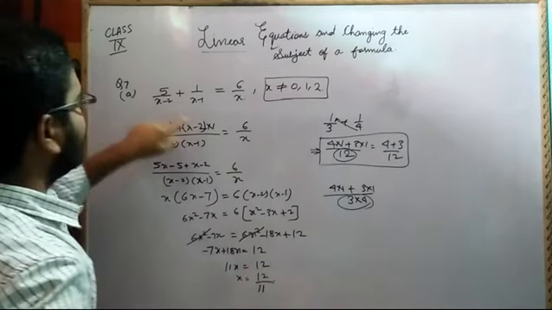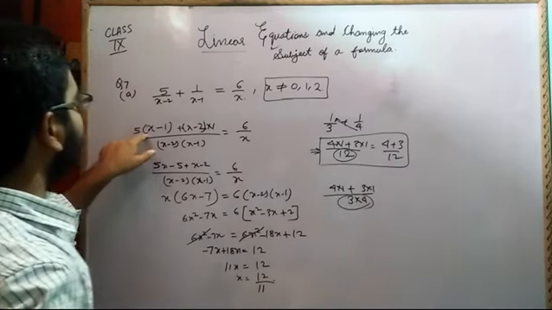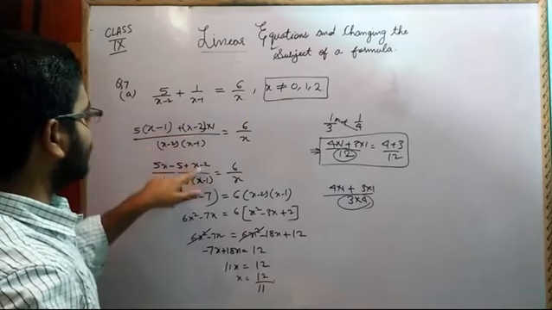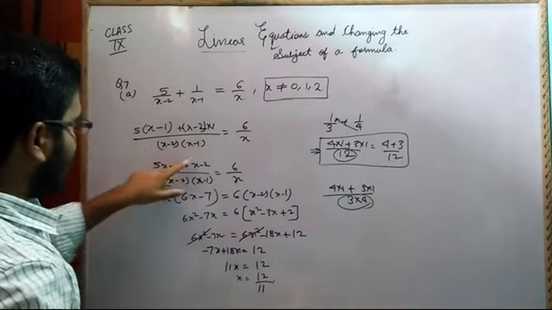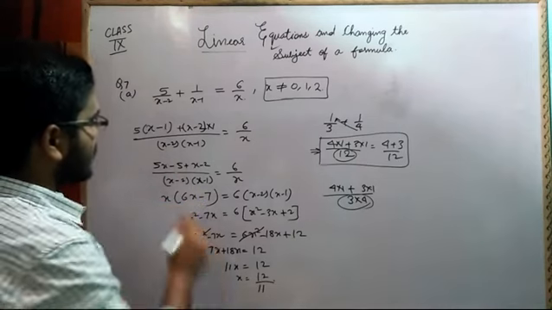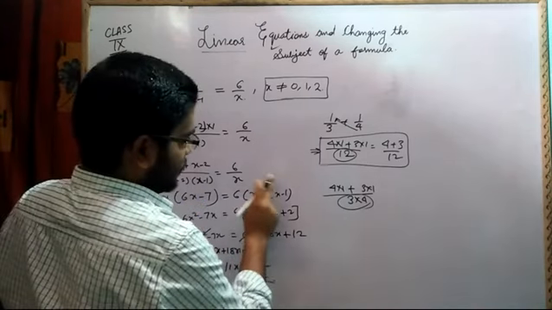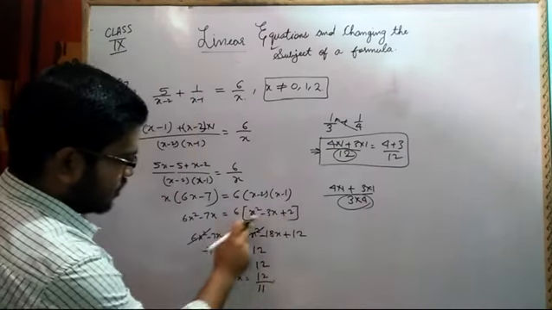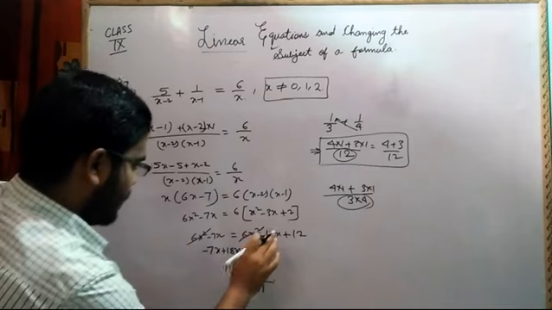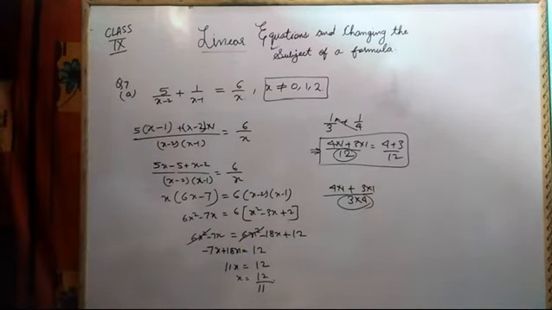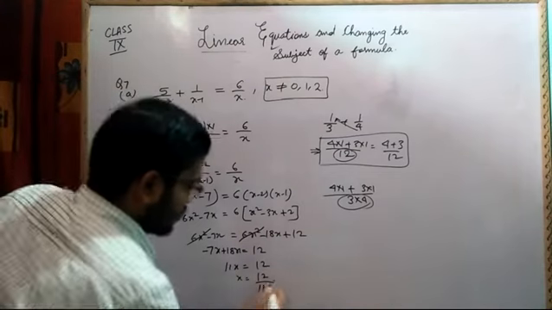I think all the calculations are correct. 5x minus 5, and then we have x minus 2, 5x plus x, 6x, and then 7. Then x will come this side, cross multiplication, x square, x, 2x, 3x, that means, and then plus 2, 6x square, 18, and then 12. Then x square cancelled. Here I am having 7. 18 minus 7 will be 11 only. So x is equal to this.